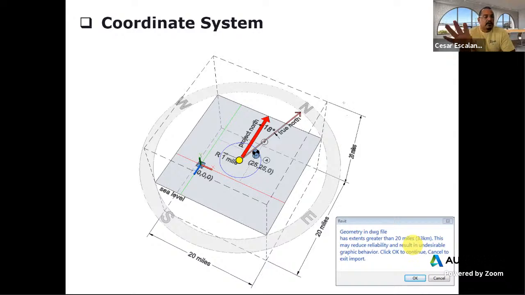Because if you click OK, you will continue working on it, but then eventually it might start creating problems in the software, in the project. So the best way to fix this is to go back, open the DWG, and make sure that it's bounded within a compact area and it doesn't have floating elements in outer space. All right,